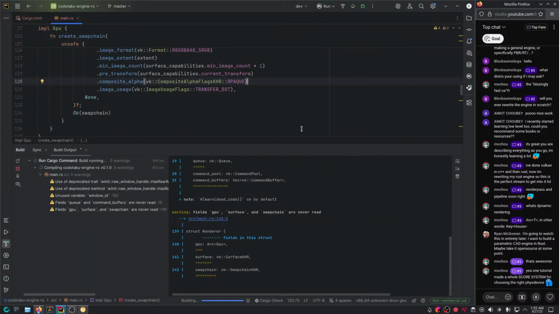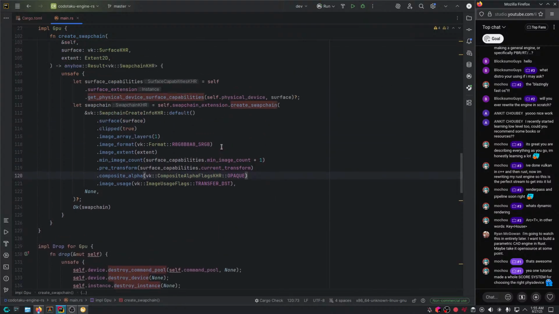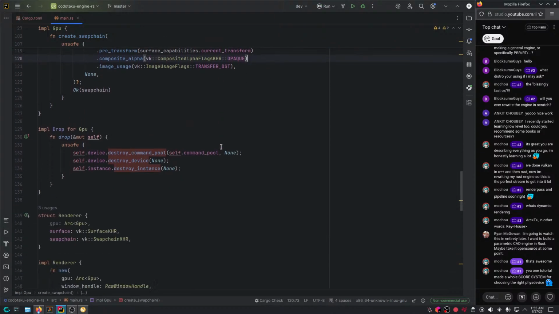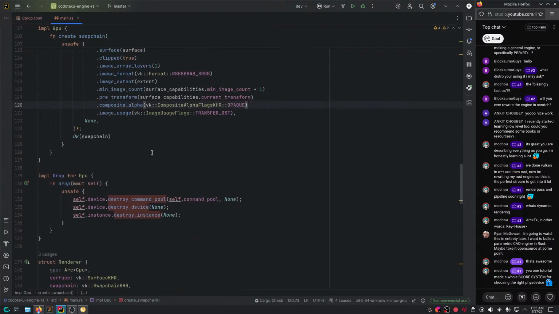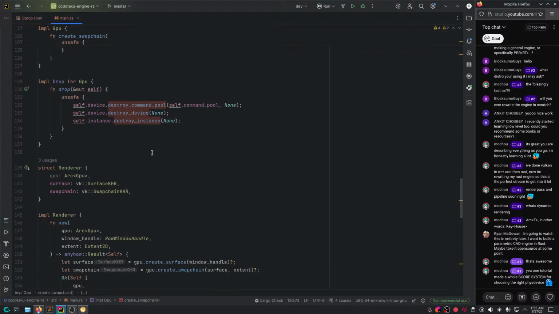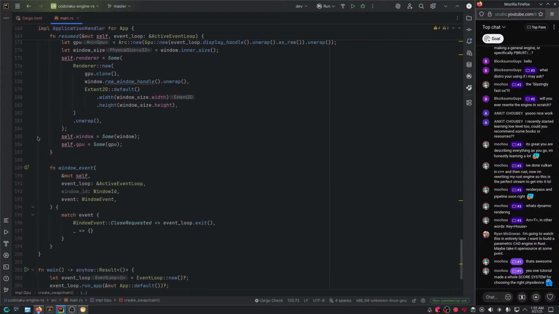Let's check out if we have any other validation problems. No, we don't have any anymore. So that's good, which means we are using the API right. Cool. Next up, what we got? So we created the swap chain, we created this. Now we need the synchronization stuff. Now this is a very hard topic though. I think I'll see how I'm gonna handle this.